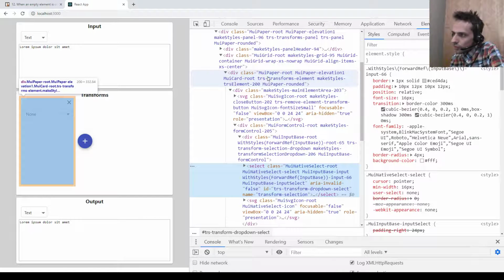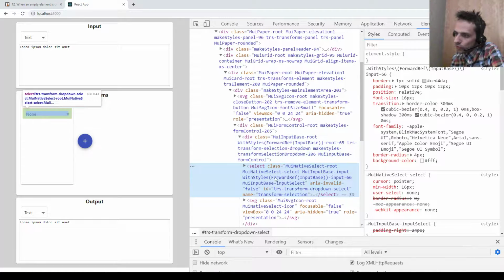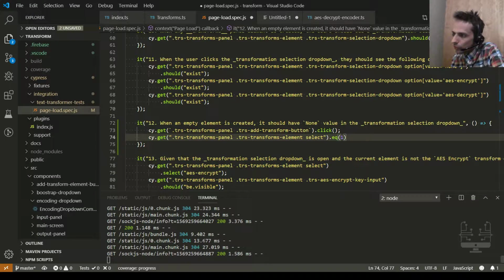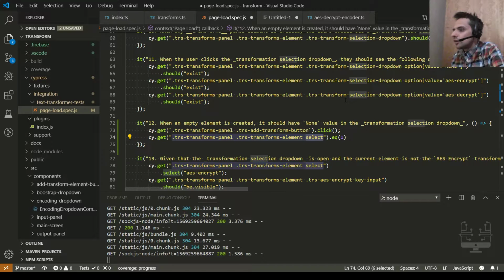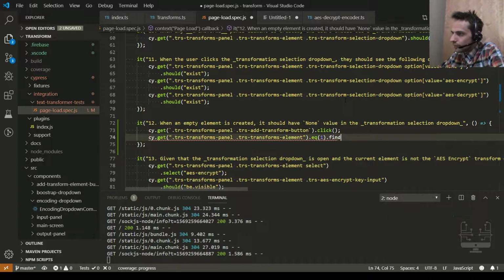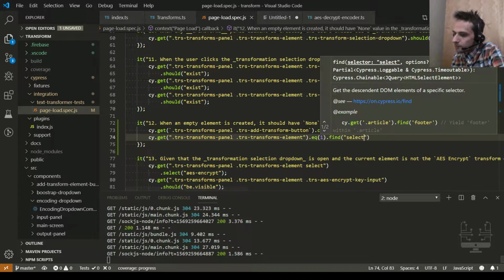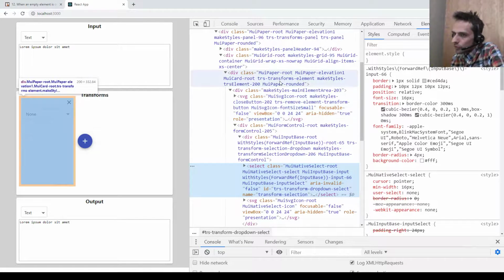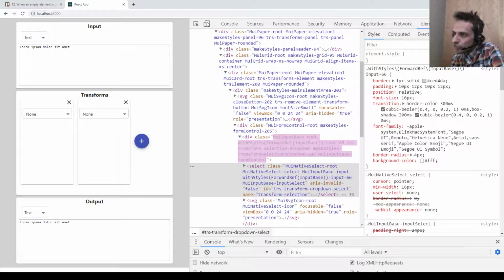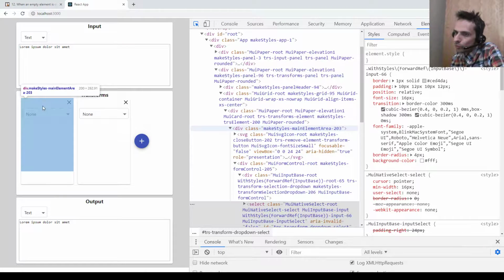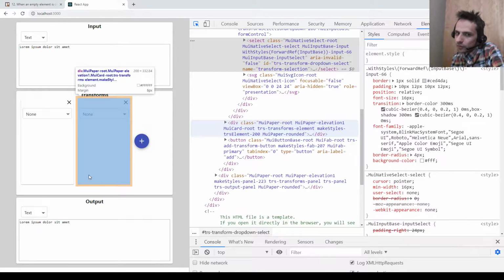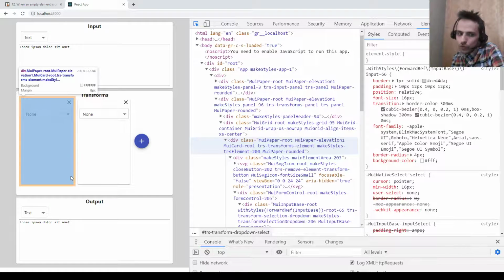And this is our transform element, which contains multiple elements but not the actual select. So that's why I also get the select from here. Yeah, I think like this. EQ1 and then select. Why? Because first we need to get the second element, which is this. So these both will be inside the array, since they both will be using the same selector.